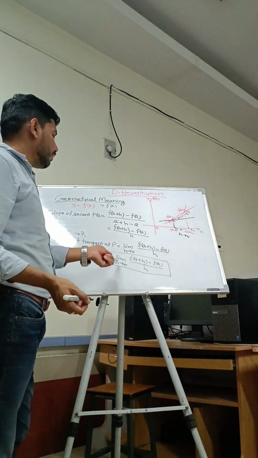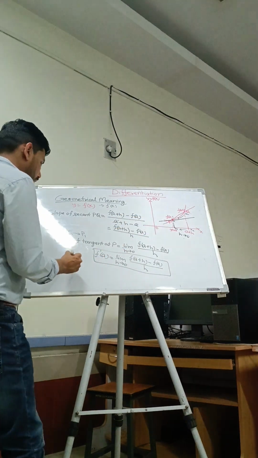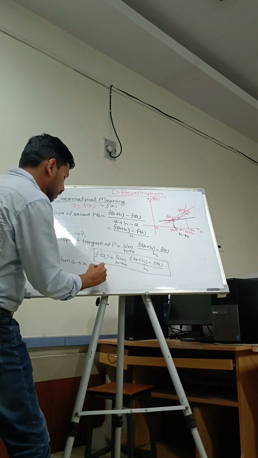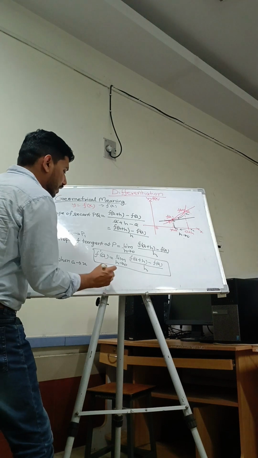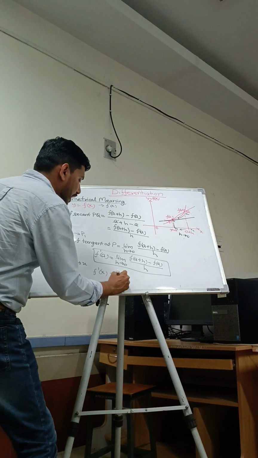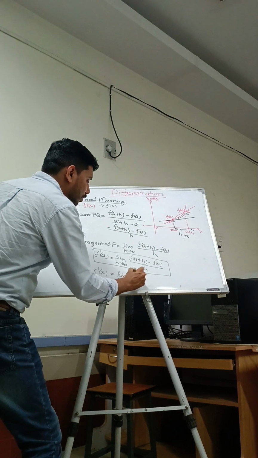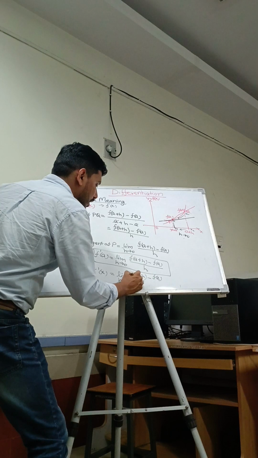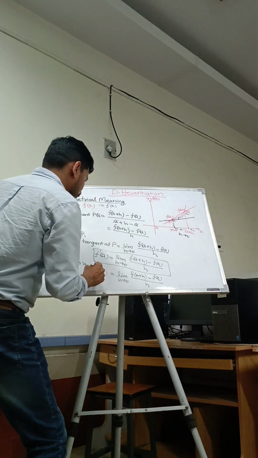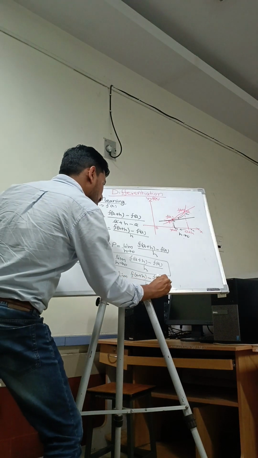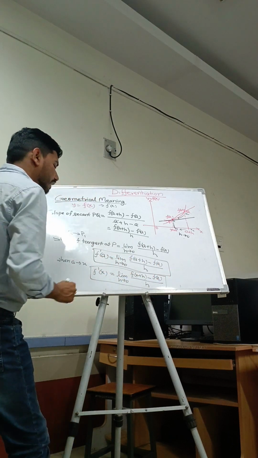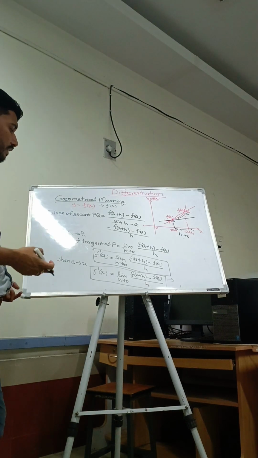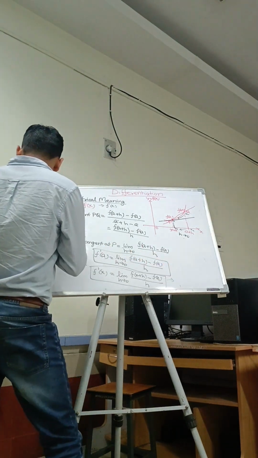Suppose at x equal to a, if you replace a by x, so when a is replaced with x, this is f dash of x. So f dash of x is what? Limit h tends to 0 of f of x plus h minus f of x upon h. So this is f dash of x, or you can say dy by dx. This is the geometrical meaning of differentiation. This is f dash of x, or this is also called the first principle of derivative.